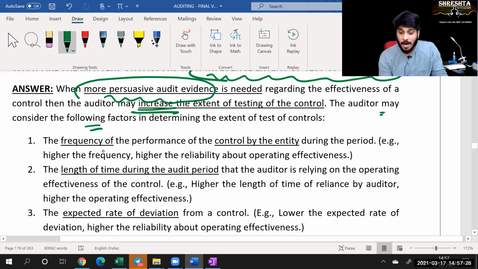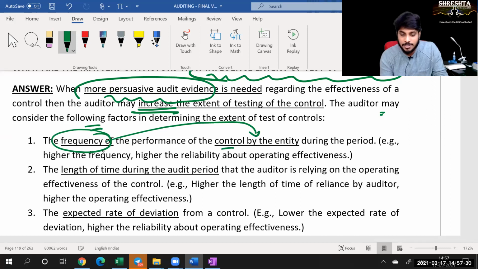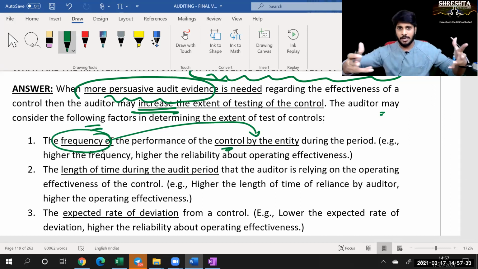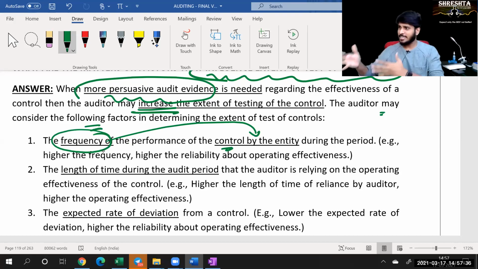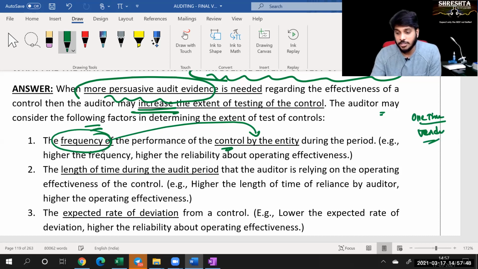First, I will understand how frequently the organization is performing the control. Suppose you take purchase order, GRN, payment: it's for every invoice, it will be there. Organizations will also have some purchases from one-time vendors. There is a concept called one-time vendor. For everything I cannot call for tender and finalize the tender. For example, in our office some tea or coffee has to be supplied. That tea or chai wala will be changing every month. We call it a one-time vendor.